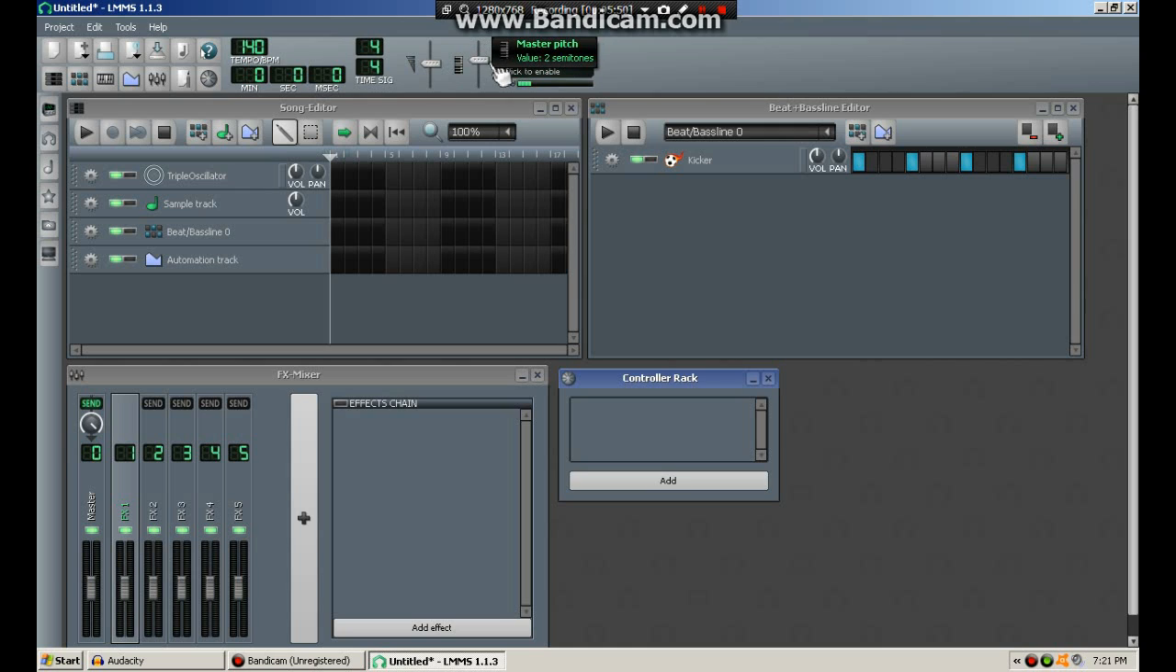You can adjust the pitch of your song with the master pitch. And next you have your monitor. This tells you your CPU performance, and this shows you the waves of your song. Like, for example, if I press on this plugin, the triple oscillator,